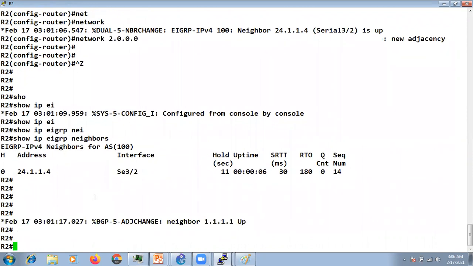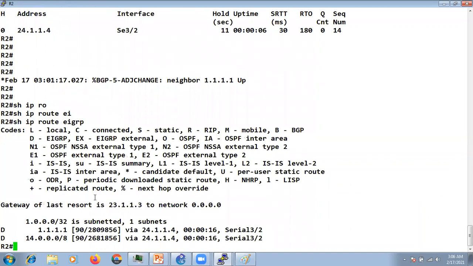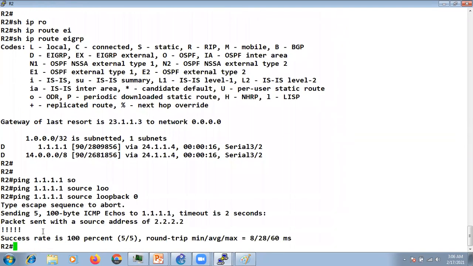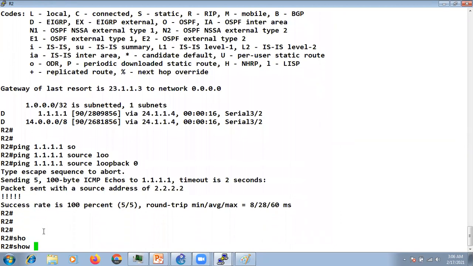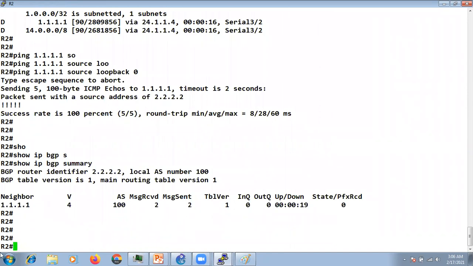Show IP route EIGRP. Now we are getting the loopback of R1, right? You can also try to ping source loopback 0. Now reachability is fine. Now check show IP BGP summary. Now you can see the BGP also came up, right? Because now we do have the reachability.